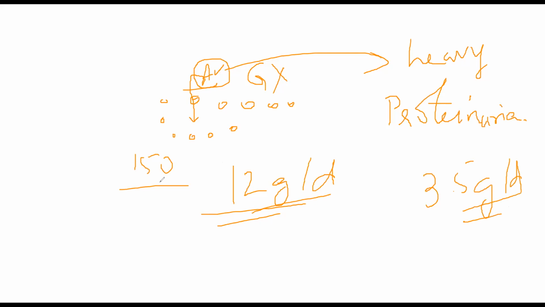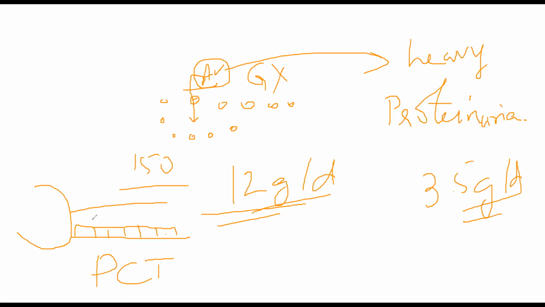Problem kahan aata? You have certain cells in your PCT. Okay, if we look around your glomerulus, yahan se you have PCT, right? Proximal convoluted tubule. Now, normally the cells of your PCT are responsible for absorbing several things. They are responsible for absorbing amino acids, glucose and a bunch of things. यहाँ पर क्या होता? Whenever protein is being lost, even if it is a little amount, let's suppose you take a patient's urine sample and you find that the patient is losing 1.5 grams of protein per day.